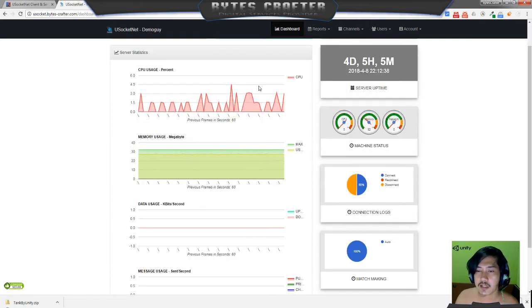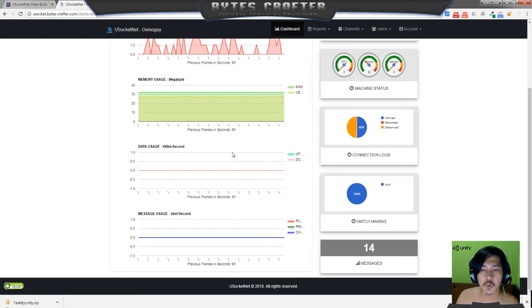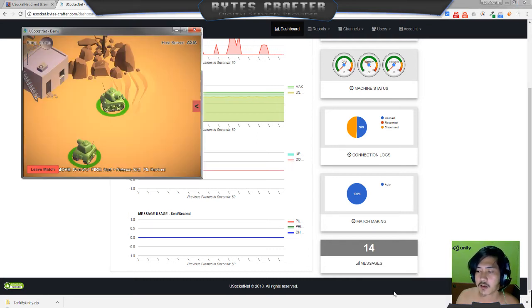So you can see here the CPU usage in a graph, and you can also see the memory usage in megabytes. So you can monitor the server health. You have here a gauge for CPU, memory, and network traffic. Here you will also have a graph for data usage, for example, what is the current load that my server is handling. So you can see the upload and the download. So we will try to simulate traffic.